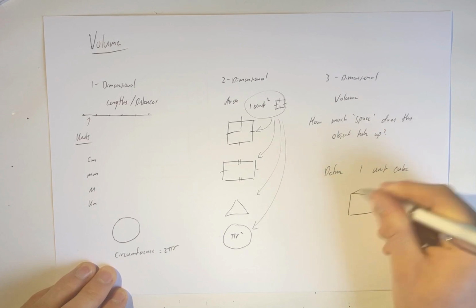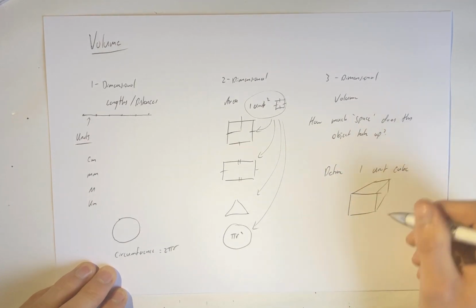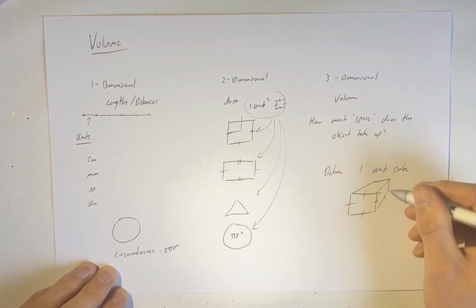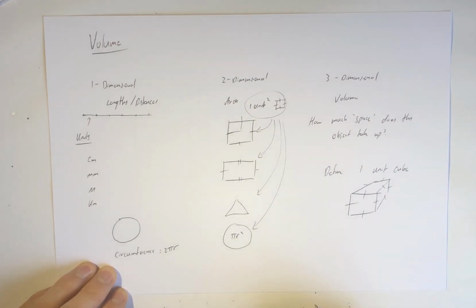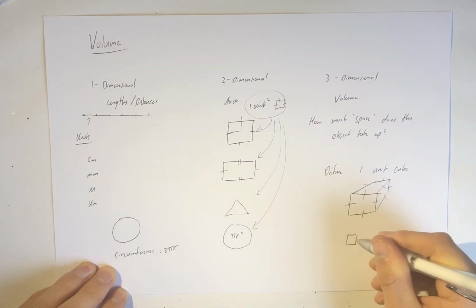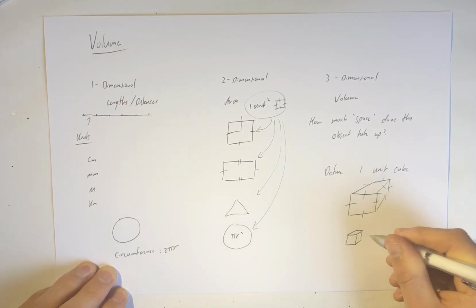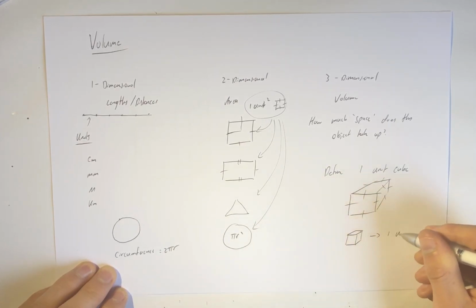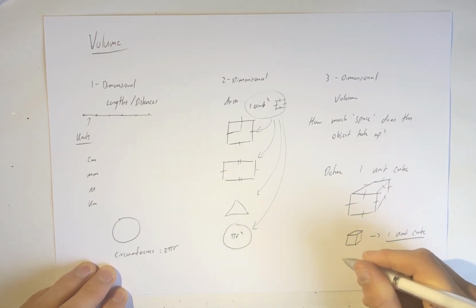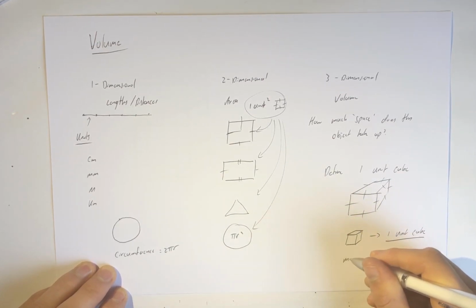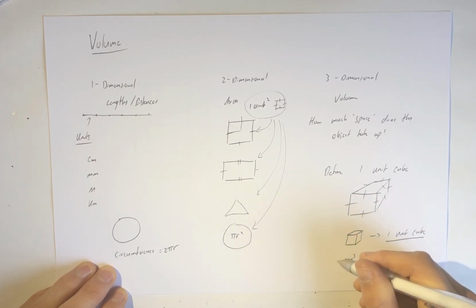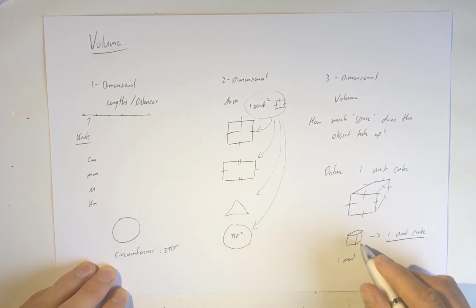That would be, pretty bad drawing, but every side is the same length. So we can define this as either a millimeter cubed, so a millimeter by millimeter by millimeter,